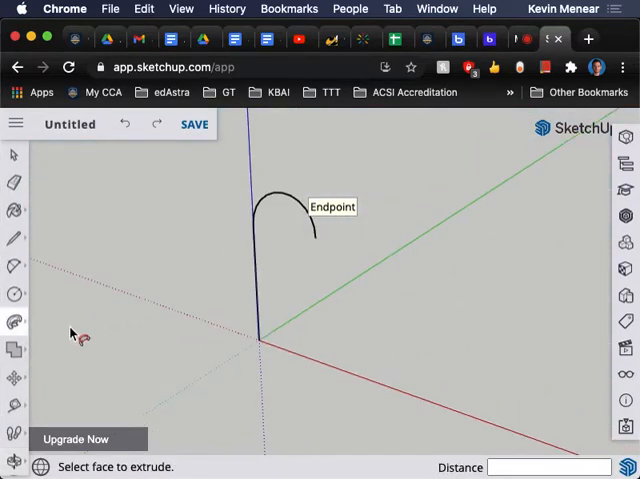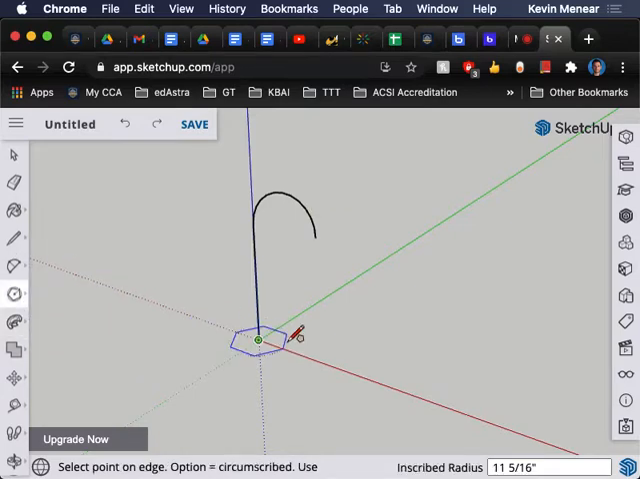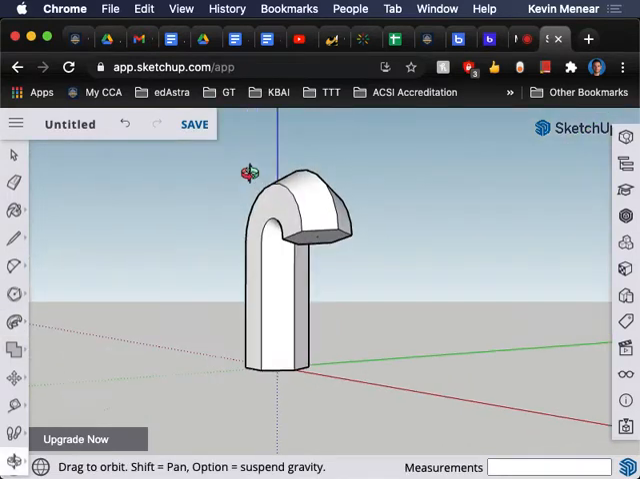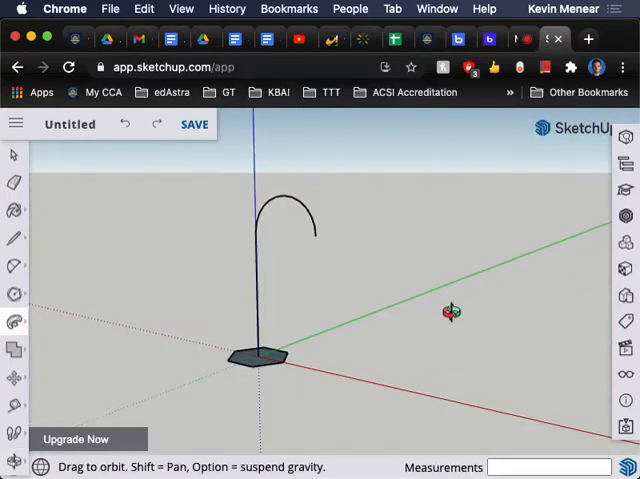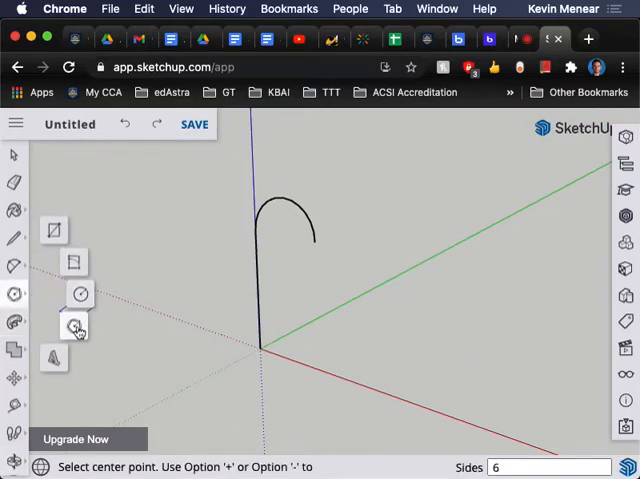Okay. Now, I could do that with any shape. It obviously doesn't have to just be a circle. You can have it something like this. Select the path. And then do follow me tool. Boom. It's interesting. And I also don't necessarily have to have it on